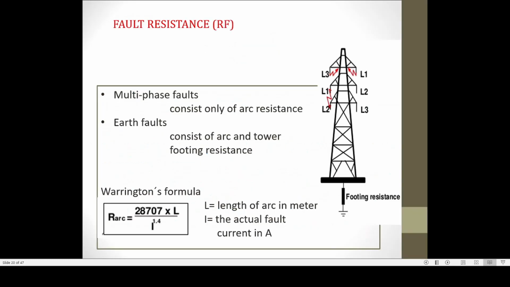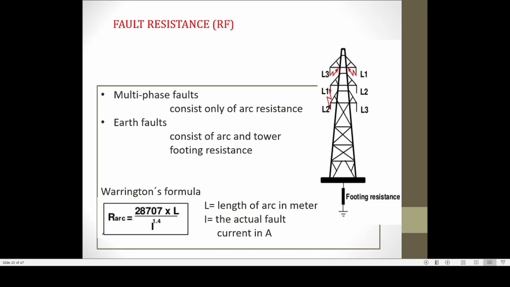Now, this is an empirical formula to estimate the fault resistance. Basically, for a multi-phase fault, the fault consists only of the arc resistance, but for an earth fault, as you already know, the fault resistance consists of the arc and tower footing resistance. Now, this arc resistance empirical formula is given by 28707 times L divided by I to the power 1.4,